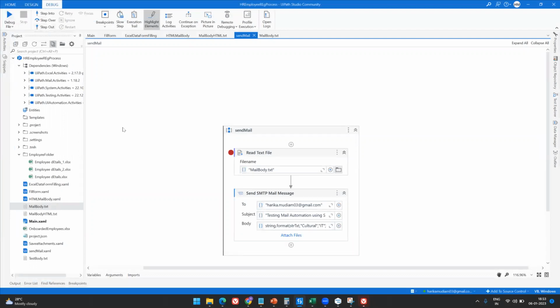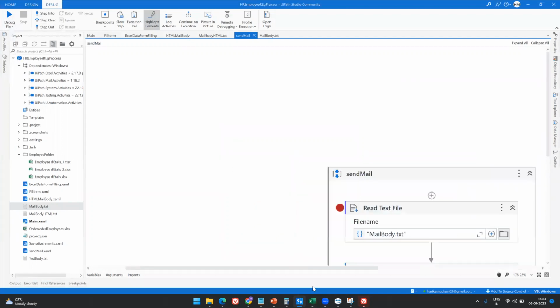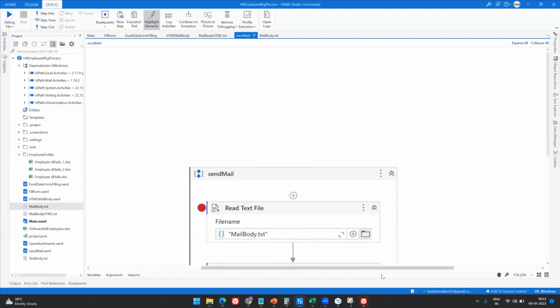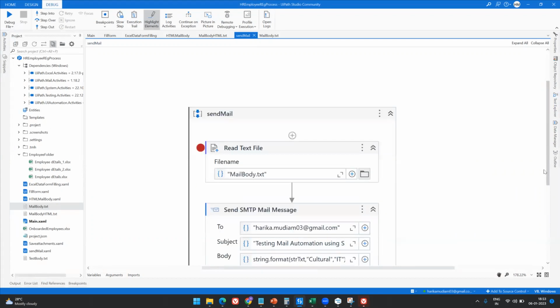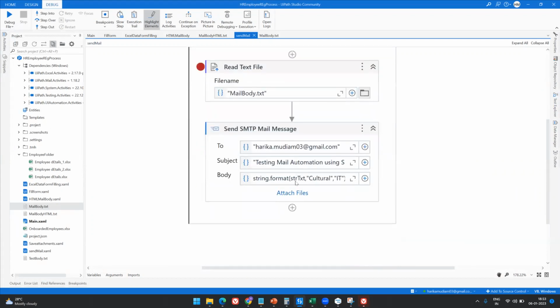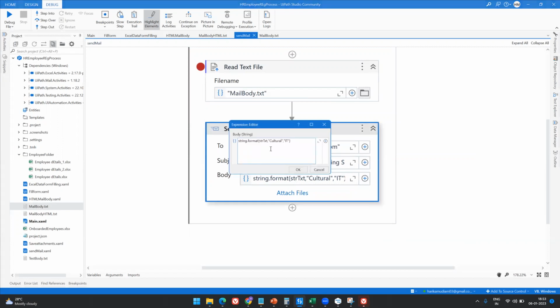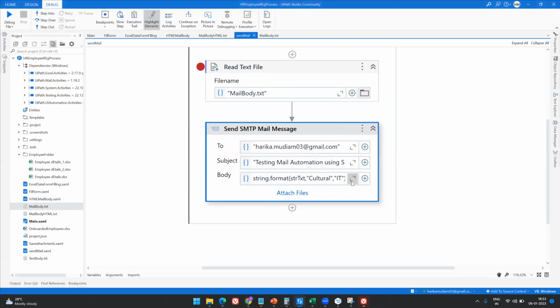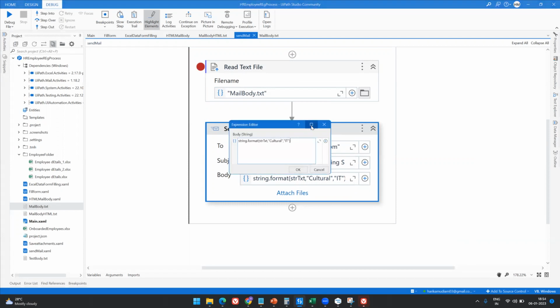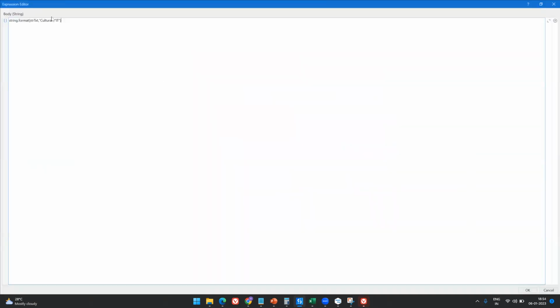I'm not sure if this is visible to you, so I'm zooming in further. Let me zoom. I just zoomed it. So here I'm using string dot format. This part I am trying to zoom but I couldn't. Oh, why is this still cultural and IT? I just changed this, right? Oh my God, what is happening? Why is this